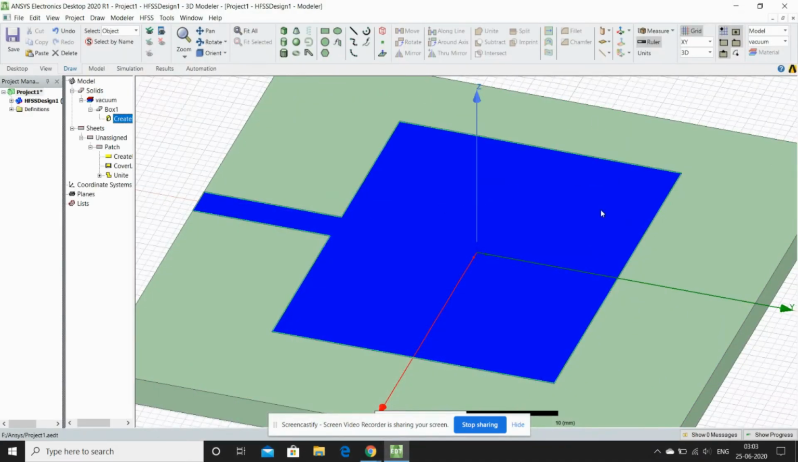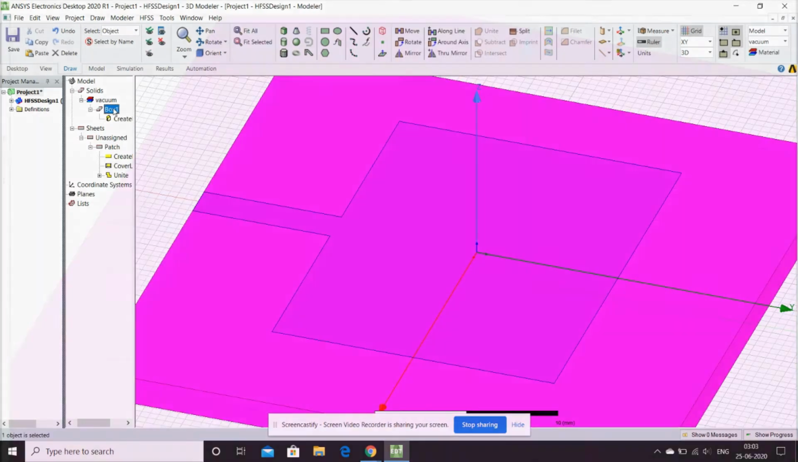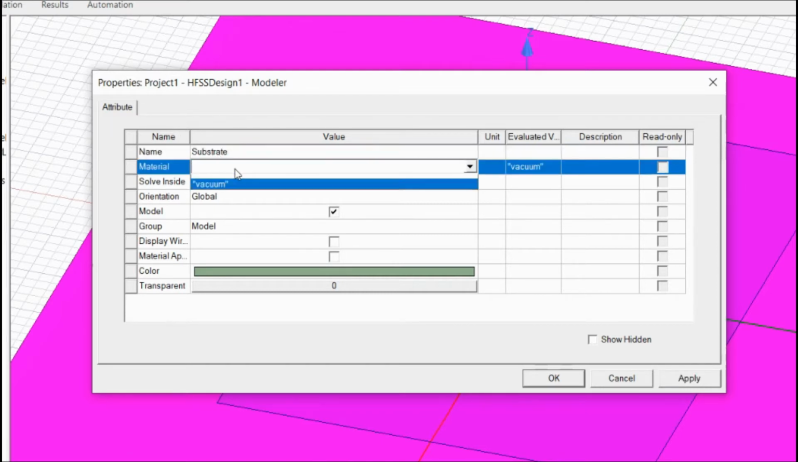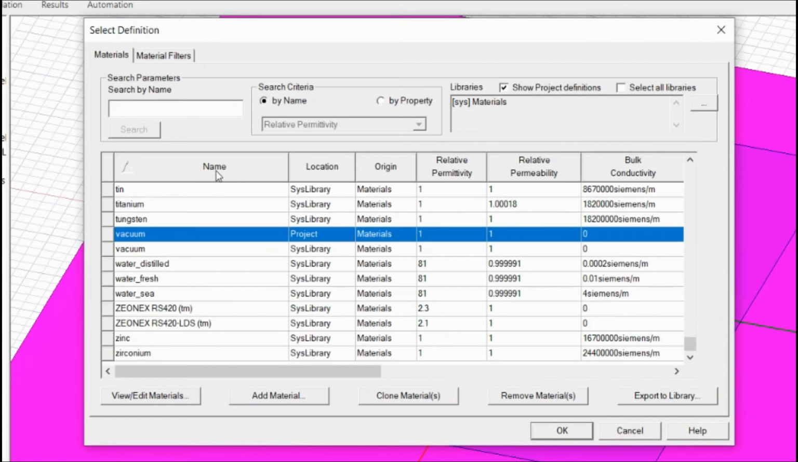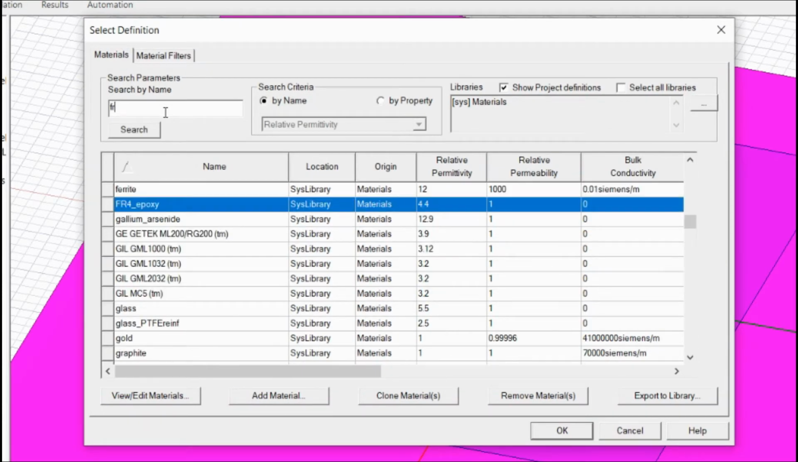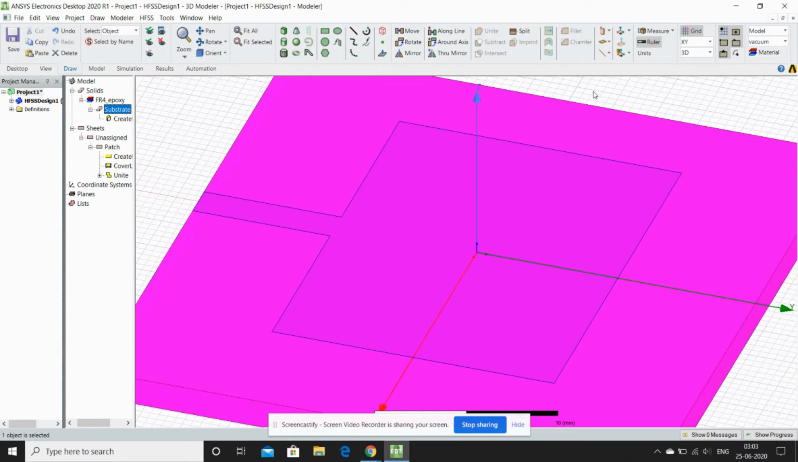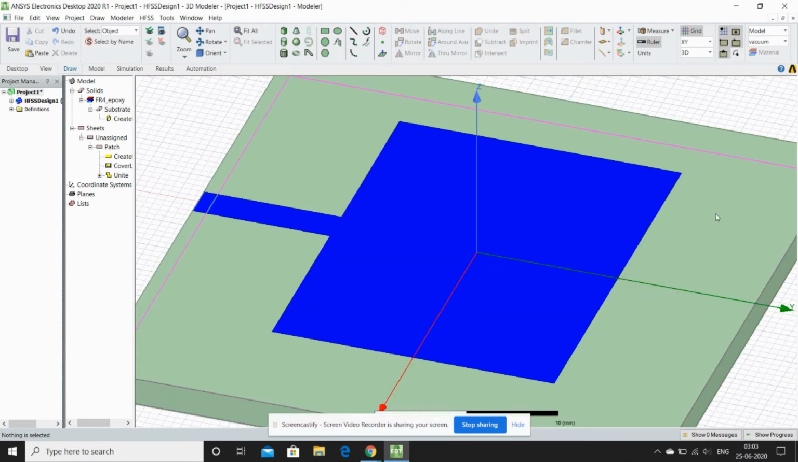So after designing this, just rename this box as substrate and select the material here as FR4. Then click OK. The material has changed to FR4. Then after considering this substrate, the